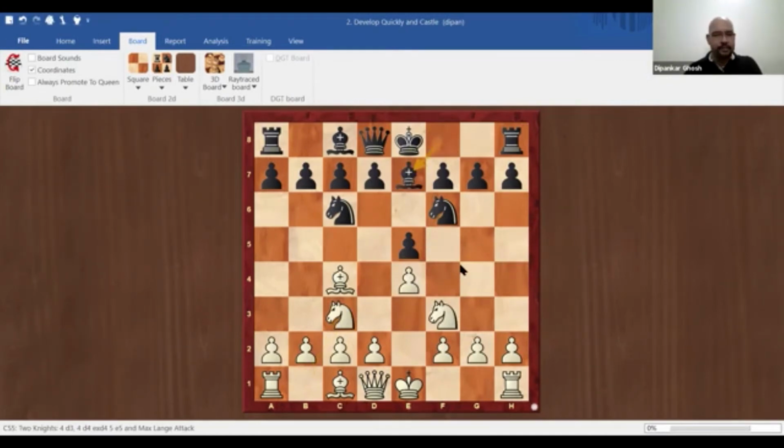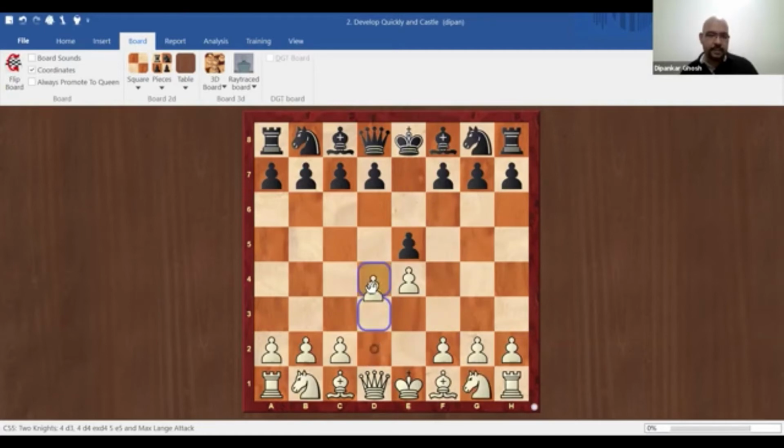Okay, so let's say black continues developing a bit passively with his bishop on e7. We played d3. Why are we pushing this pawn? The reason is we want to get the bishop out. And notice one thing, if I go all the way back, right here, we didn't play the other pawn to the middle. The reason is, if we had played it, we would not be able to establish two pawns in the center anyway. We only get one pawn in the center. So we can recapture, but then black makes a useful move and attacks our queen. But we have to spend one move just reacting to black's threat.